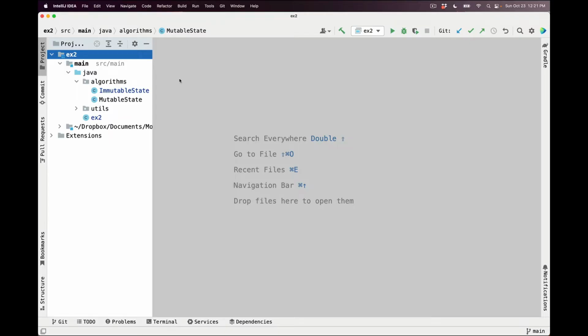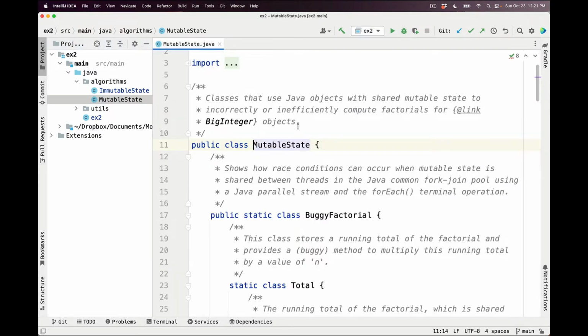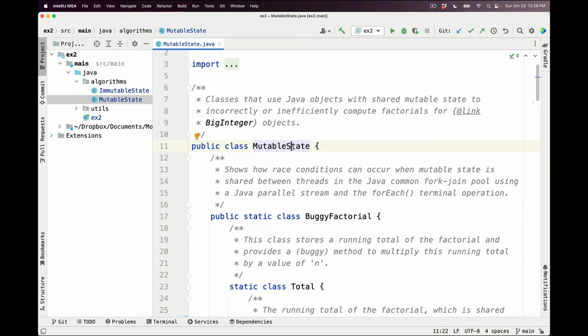We're back in the IntelliJ project for case study ex2. This time, we'll take a look at the mutable state file, which is in the algorithms package. This file contains classes that use Java objects with shared mutable state to either incorrectly or inefficiently compute factorials for BigInteger objects. We'll start our analysis by looking at the BuggyFactorial class, which shows how race conditions can occur when mutable state is shared between threads in the Java common fork join pool using a Java parallel stream and the